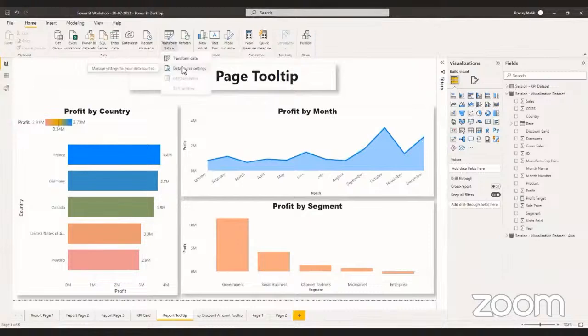But what's the key difference? You might directly say, Pranay, all right, this is data. What's the big deal in that? It's just making the visualizations a little easier to interact with, right? That's it. No, there's a very, very important catch when you're working with Power BI, which is your data set. Once you link your Power BI Desktop with a specific data set, as and when your data is updated, what